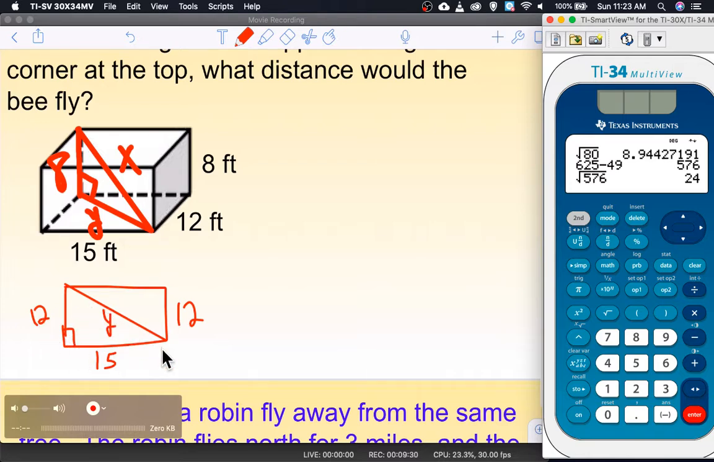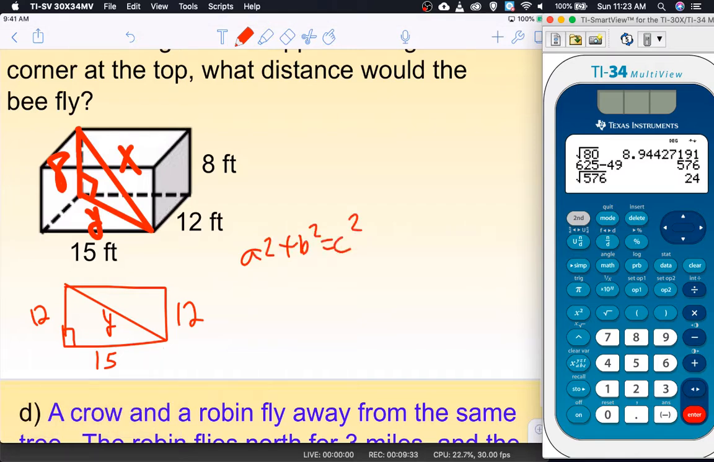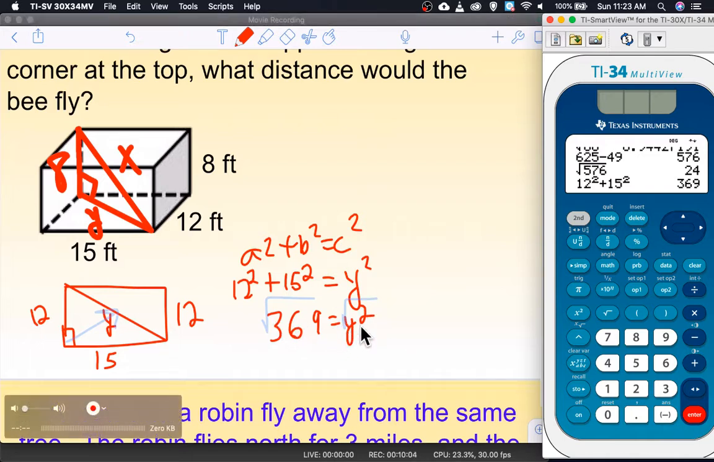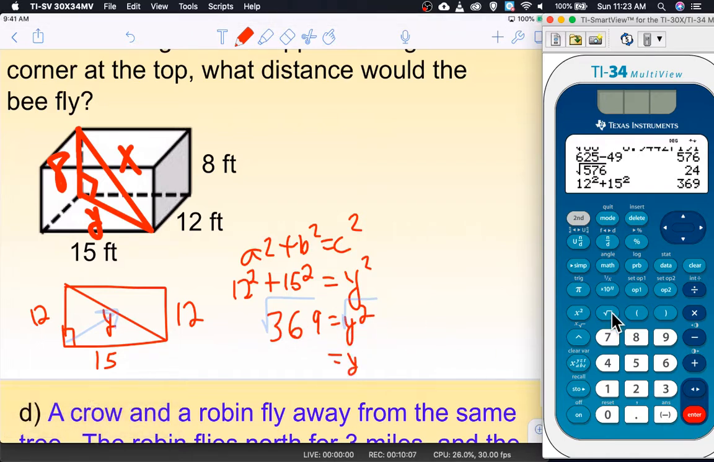So we do it. A squared plus b squared equals c squared. My hypotenuse is the missing side. So I'm going to plug in y for the c. That means the 12 and the 15 go into the a and the b. 12 squared plus 15 squared is 369. And now when we square root both sides, because right now we have y squared is 369, I get y equals the square root of 369. When I put the 369 in for the answer, I get